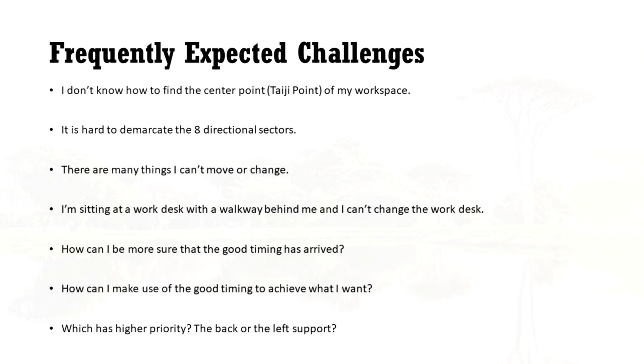what are the challenges that you can expect and how you can really overcome them. Remember, everything has two sides. So even though it's in the good timing, even though you're trying to execute a project that you want to do, there are always the good side and the not so good side. So this I Ching prediction tool can help you flush out all the not so good sides, and from there you can map out the action plans on how to deal with all the not so good things. So the next one,